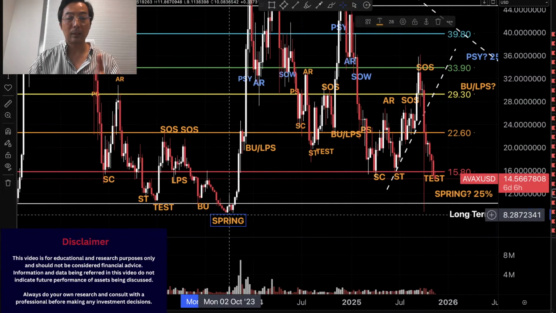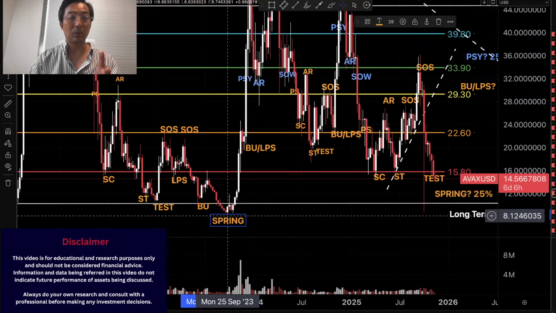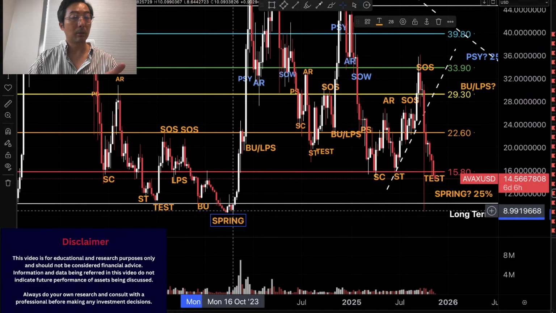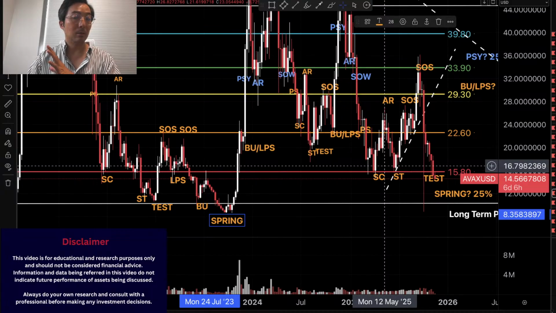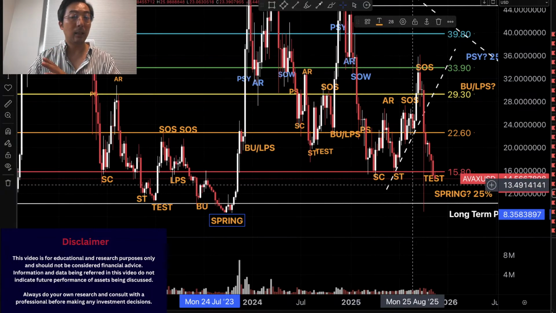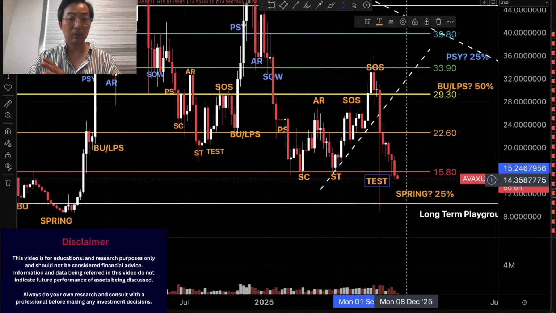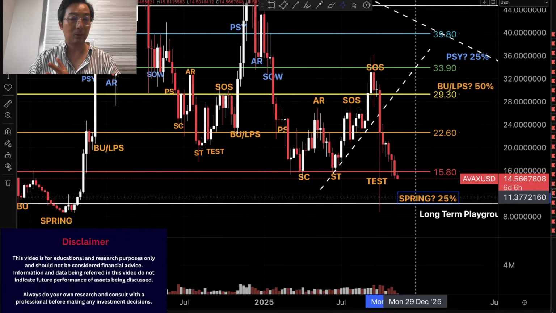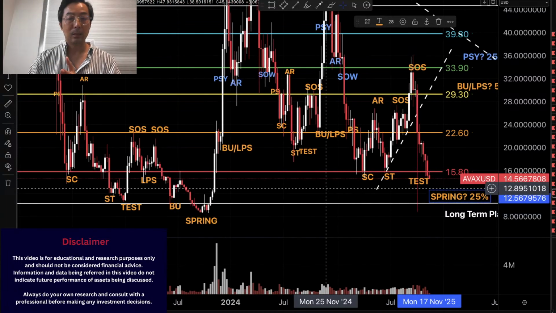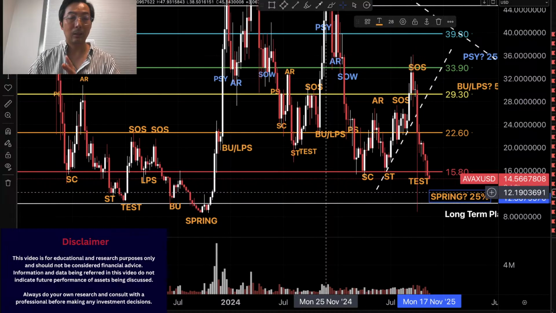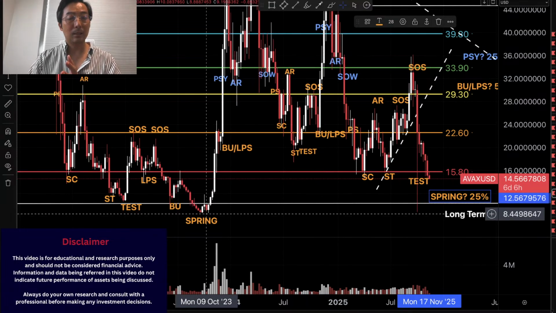there was a spring that got to even outside of the long-term playground zone for about 6 to 7 weeks before the actual distribution starts. Okay, so that's the backdrop, and currently the price movement is heading towards that level once again. So if it doesn't find support around $12.90 and eventually test the white solid line, the bottom of the long-term playground zone at around $10.30, this level